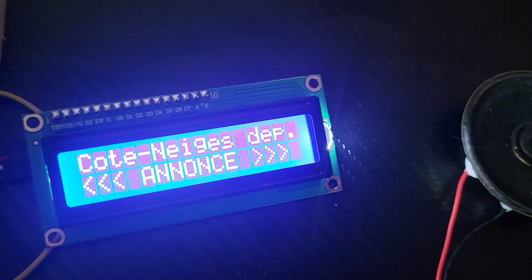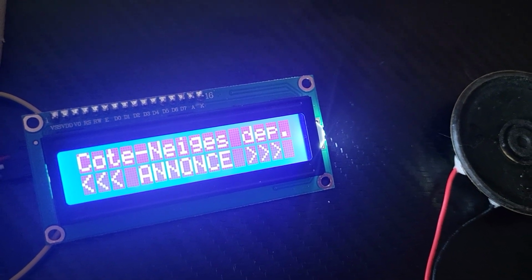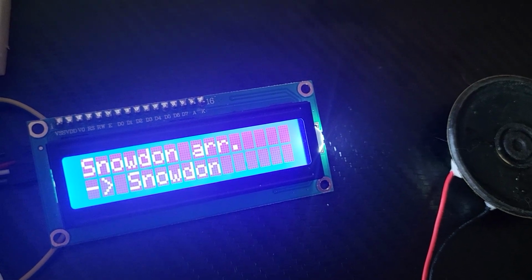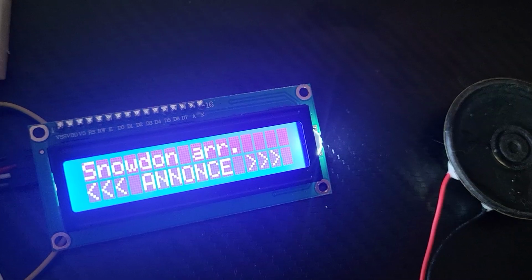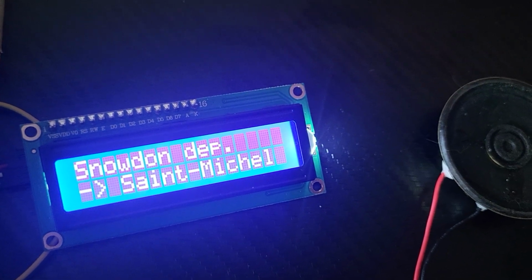Prochaine station, Snowden. Correspondance entre les lignes bleues et orange. Station Snowden. Terminus. Merci d'avoir voyagé avec la